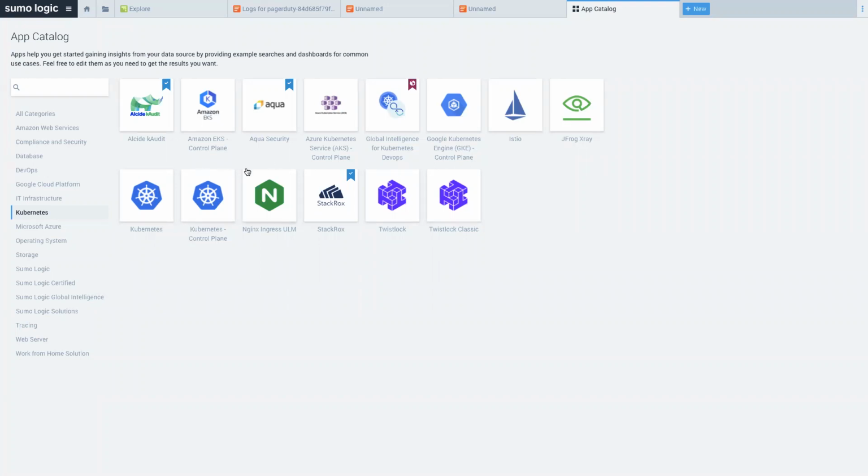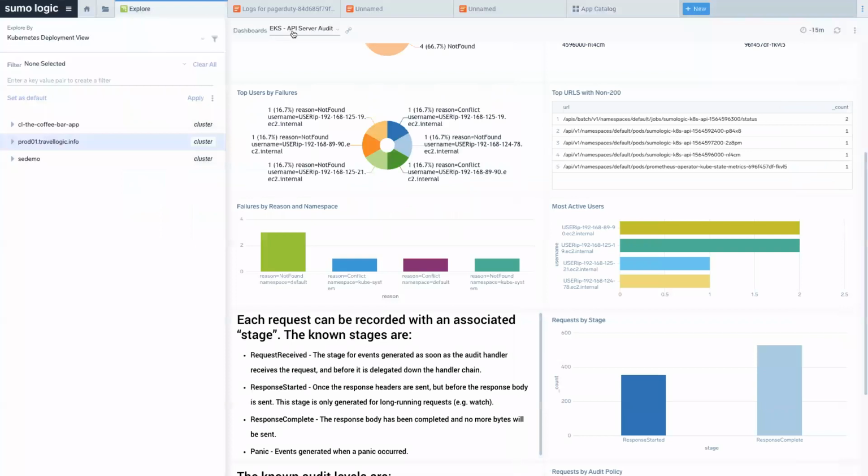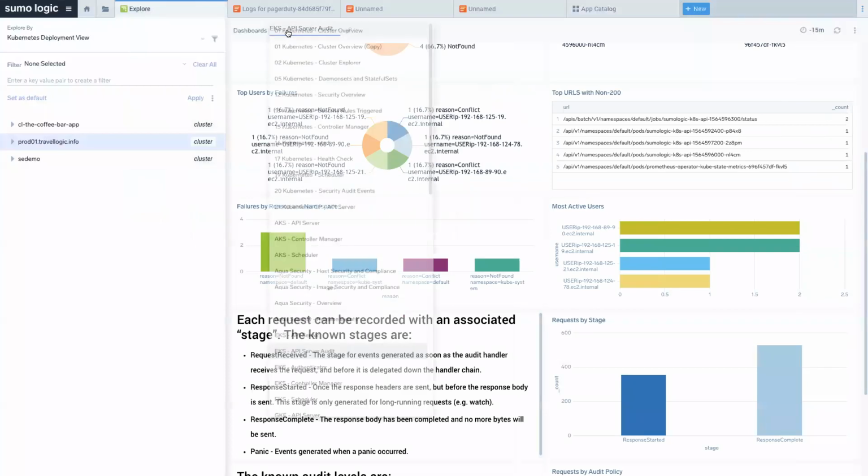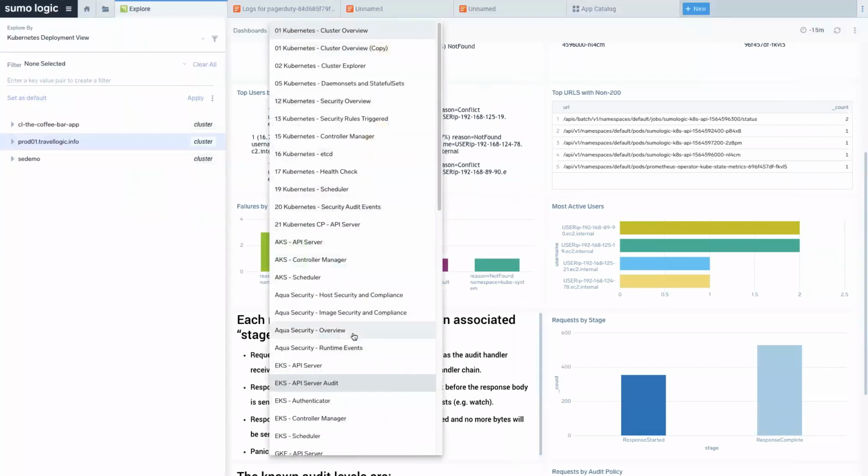So things like Aqua Security, Twistlock, JFrog Xray, and then things for service mesh like Istio or Ingress. So these are all really useful things. And once again, the particularly useful thing is that they're all available within this same environment.